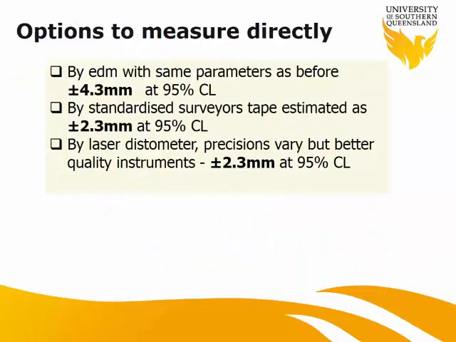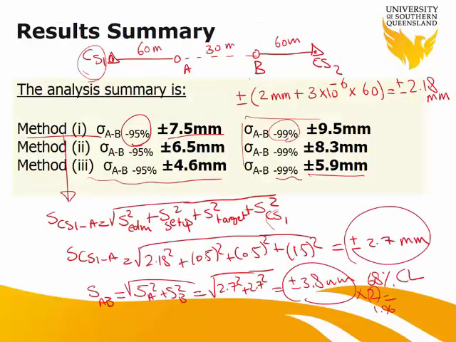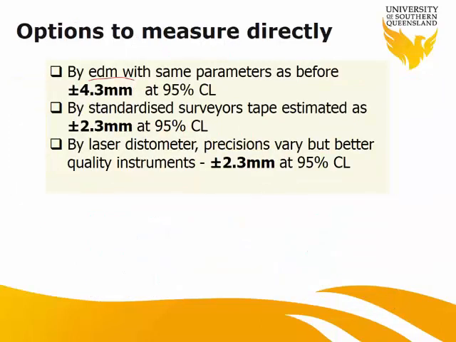If you want to directly measure, we know that the accuracy of the instrument is 2 millimeter plus 3 ppm, so it's plus or minus 2 millimeter plus 3 parts per million times the distance, which was 30 meter, so it's